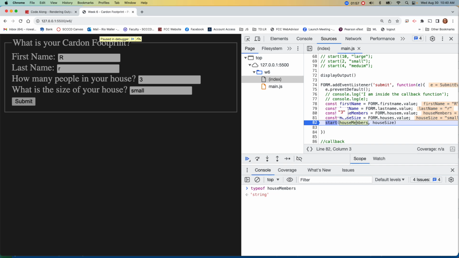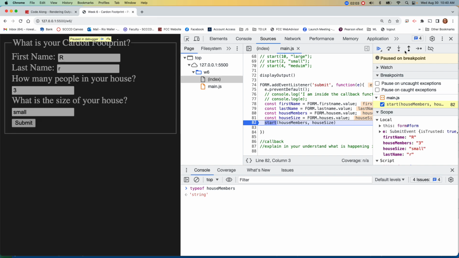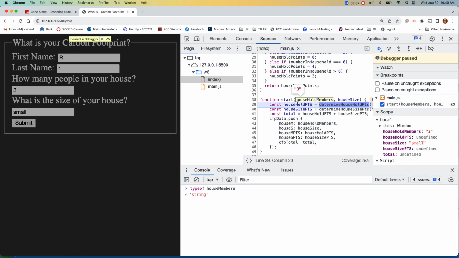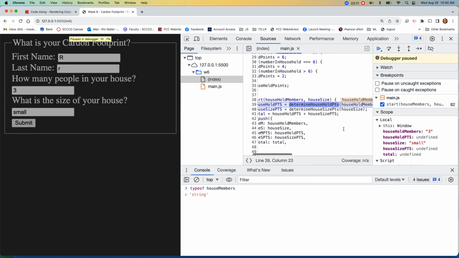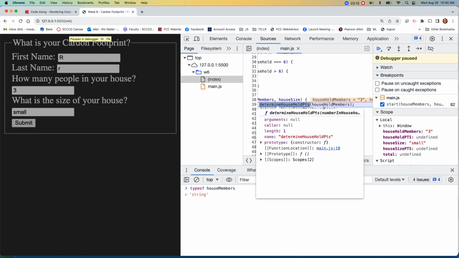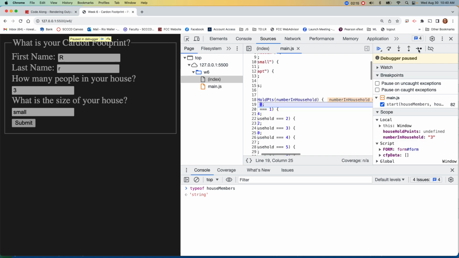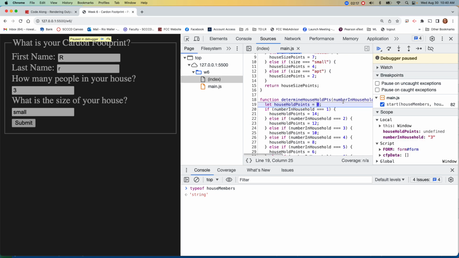And now I'm passing those string values, and you might immediately think it wouldn't work. But did you try? So let's try. So now we're passing in, right? So we're going to call the first one, passing in that value that we are calling house members. Again, it's 3. So will it,